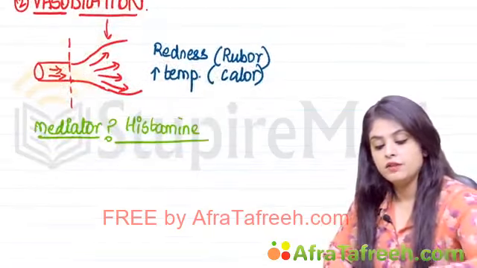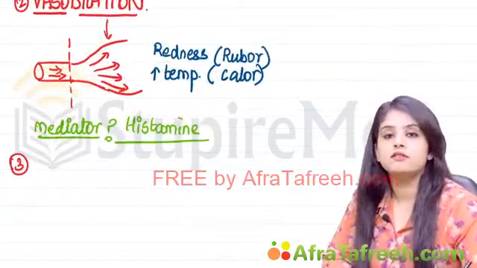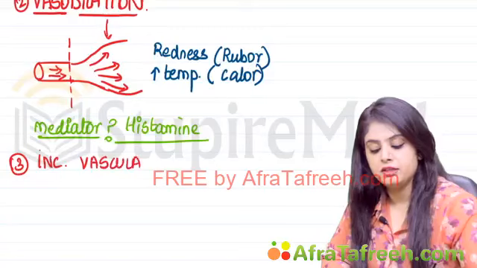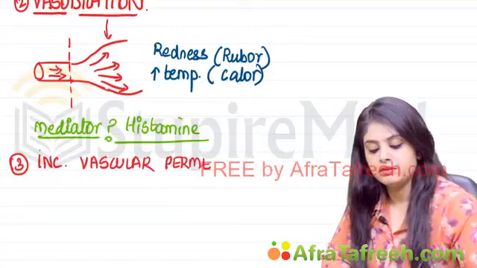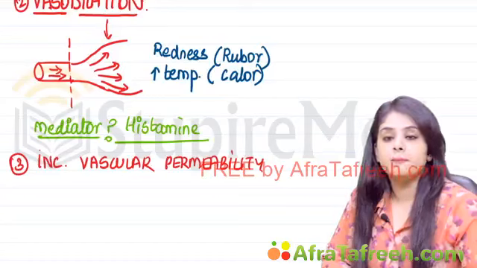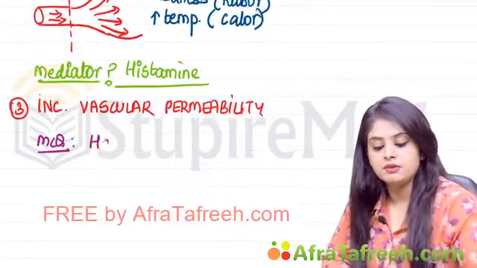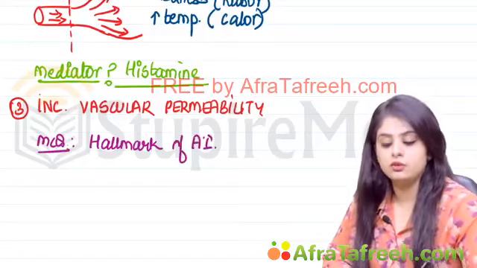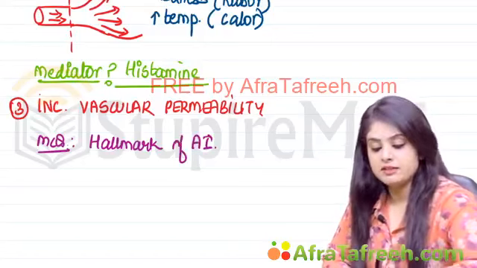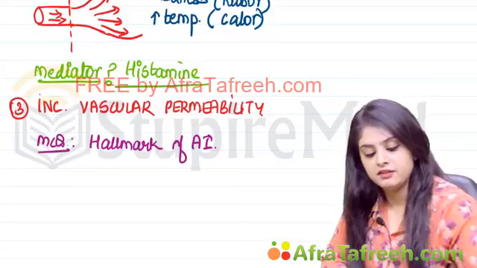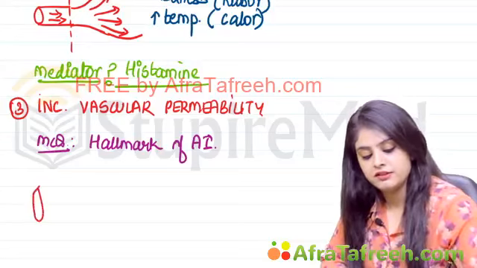Now we move on to the third event of inflammation, vascular event, that is increased vascular permeability. Now students, remember, for this you've already done one question, one very important MCQ. This happens to be the hallmark of acute inflammation. This is the hallmark of acute inflammation. What next? If you have to understand this particular concept, let's take up a blood vessel. For example, if this is a blood vessel,